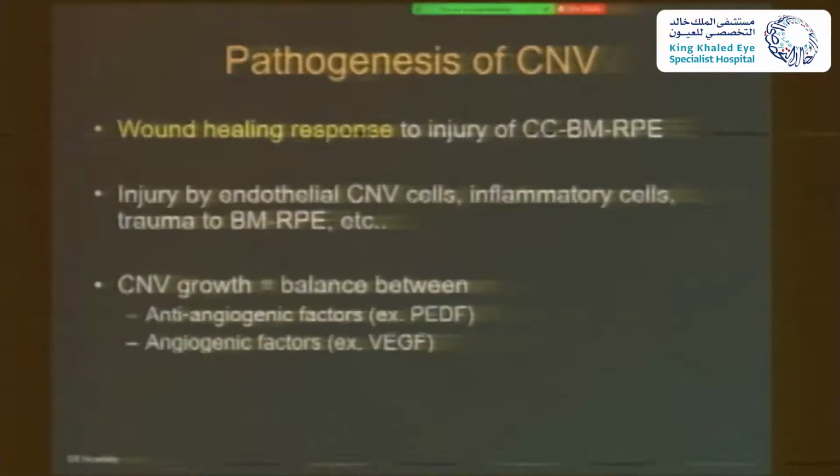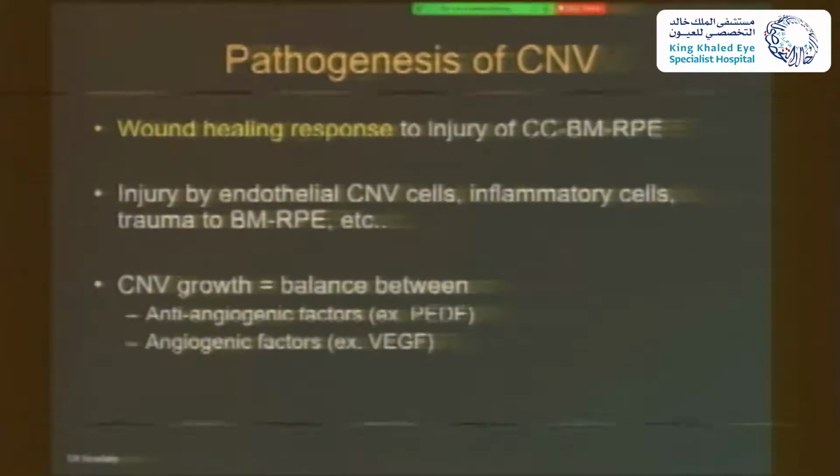And therefore, any pathology that can affect any of those structures, the choriocapillaries, the Bruch's membrane, or the RPE, can lead to choroidal neovascularization. And the list is very, very long. So you have the injury by the CNV cells, and this creates ingrowth of inflammatory cells and a trauma to this area. And what controls the growth is actually a balance between the angiogenic factors and the anti-angiogenic factors, being